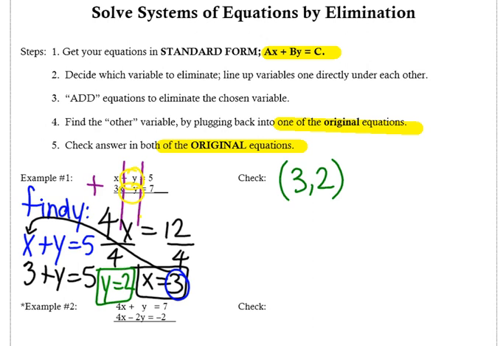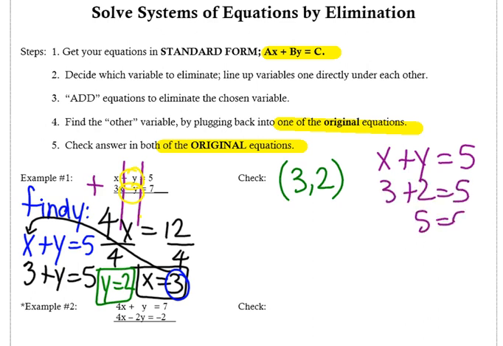So for my check, I'm going to start by going back to the original equation, plugging in the values for x and y, and seeing if both sides equal each other. That equation works, and we have 3x plus y equaling 7. 3 times 3,